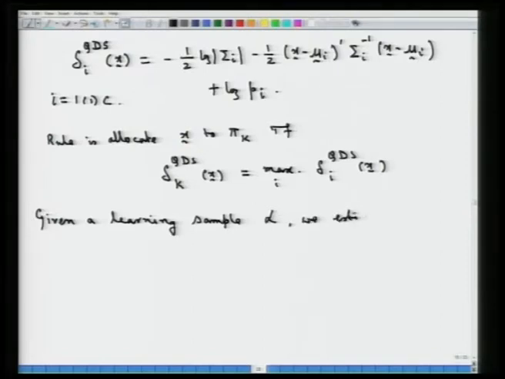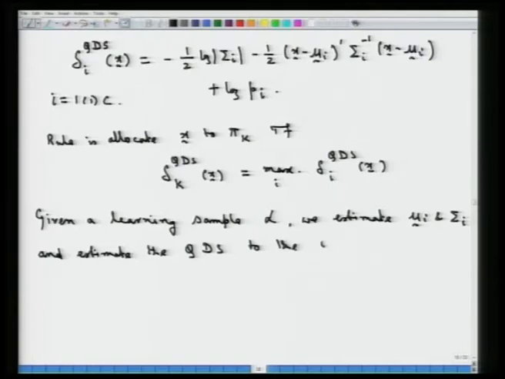we estimate mu I and sigma I, and estimate the QDS for the ith population pi I, say delta I QDS cap. So that's the estimated quadratic discriminant score, and that's going